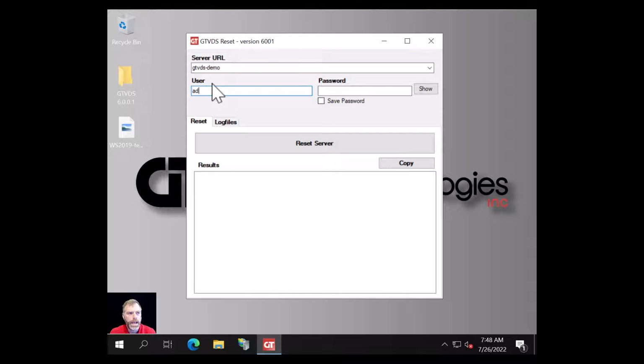So I'm going to say admin is our username, and our password was admin123*. There's a little show button if you want to make sure. You have the option of saving this password or not. I'm going to go ahead and save it. If you're concerned about security and someone using this app that shouldn't, then I wouldn't check the save password button.